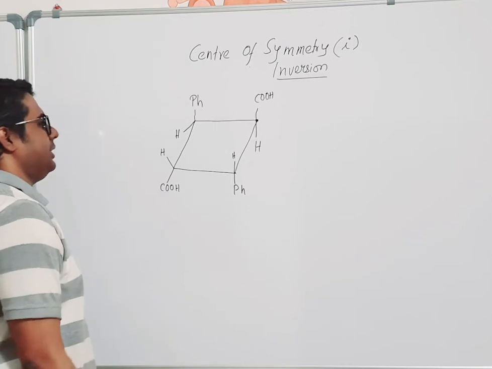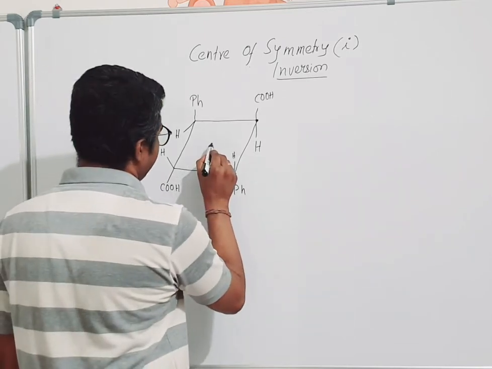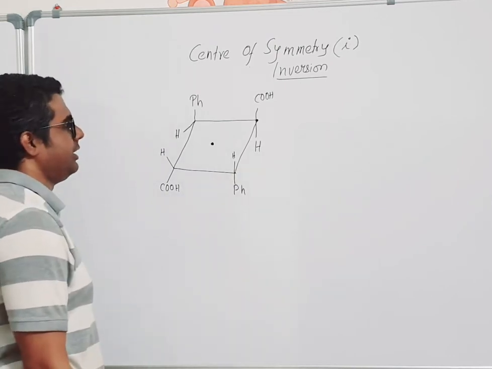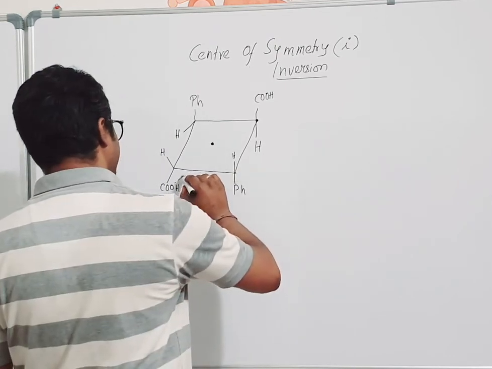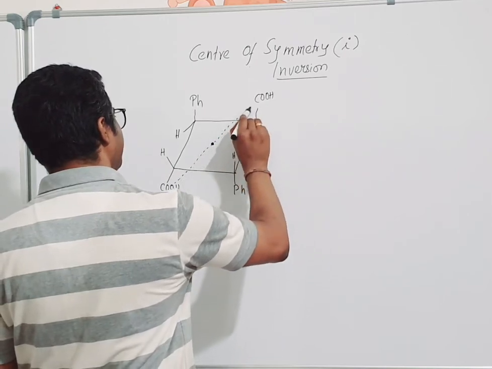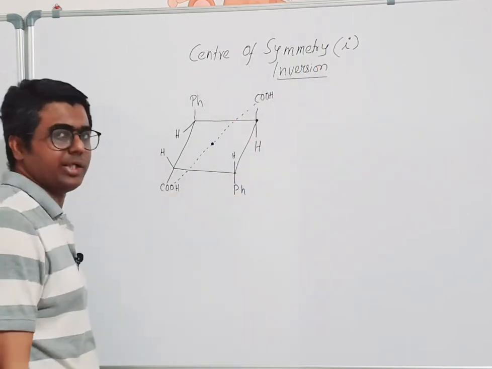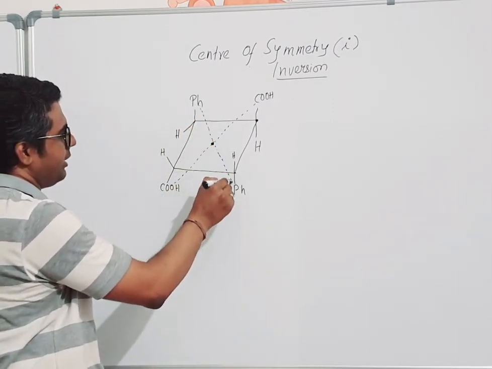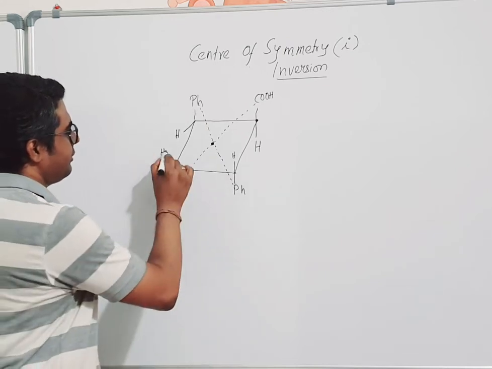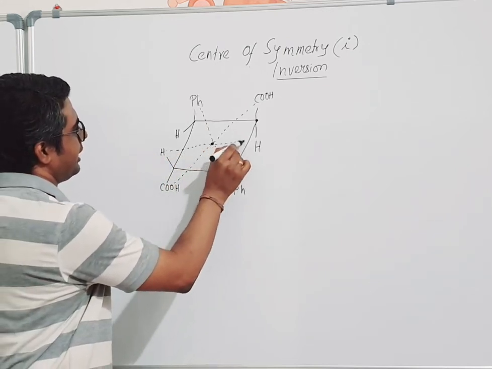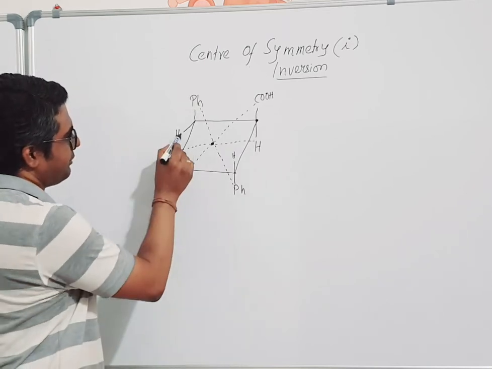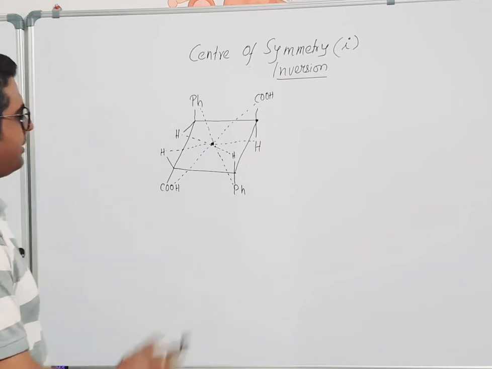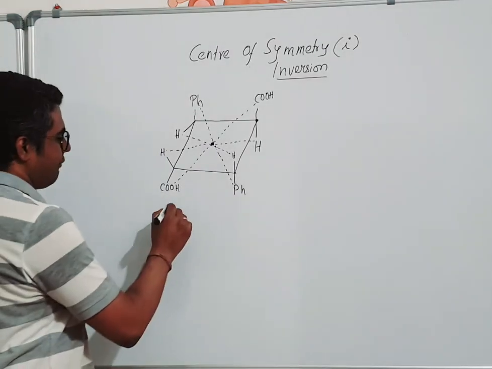So let us find out a center of symmetry in this case. Let's take an arbitrary point over here which looks to be a center of symmetry. So if you see this one, then if I try to draw it from COOH, then I'll see it encounters COOH on the other side at equal distance. Similarly, if you want to draw it from phenyl, it will encounter a phenyl on the other side like this. If you want to draw from hydrogen, it will encounter a hydrogen on the other side. If you want to draw from this hydrogen, it will encounter on this one, okay. So this is basically the structure of alpha truxilic acid.